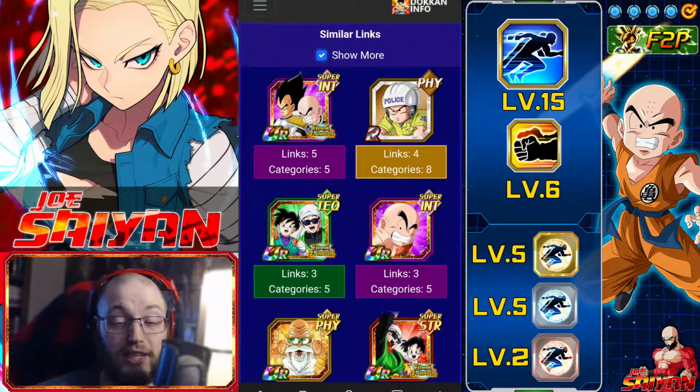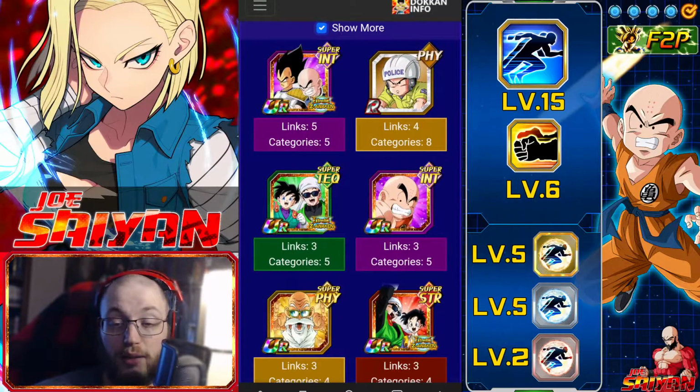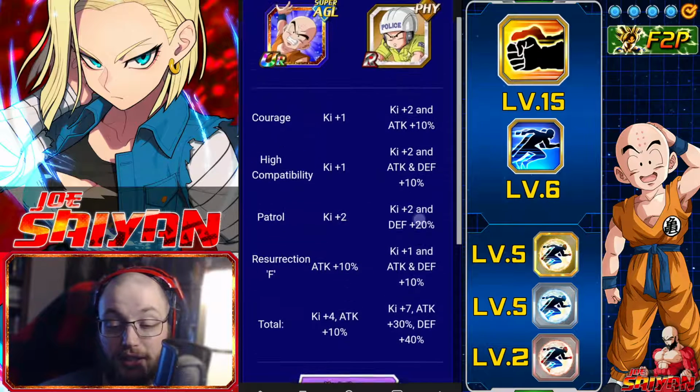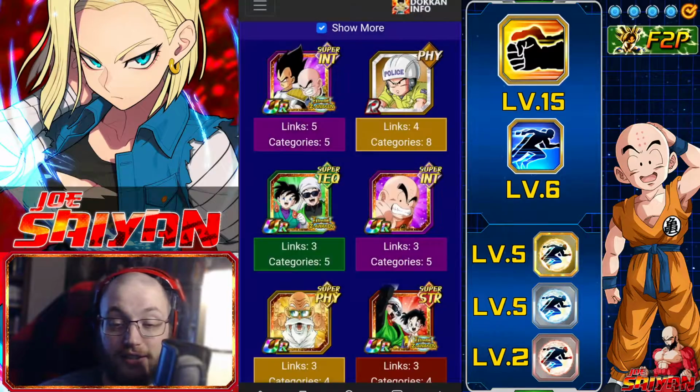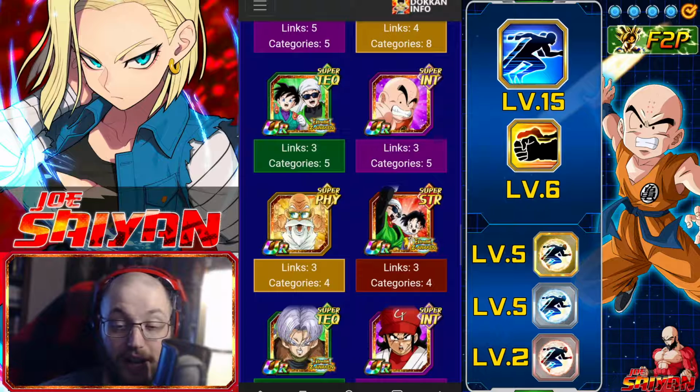But this free-to-play Krillin, there's a lot of Krillin units. He doesn't have any good link partners. I feel like that was another thing I really wanted to bring up here. Unless you have this magical physical R Krillin that is no longer obtainable, mind you, that's the most he's ever going to get out of links. You're never going to run him with this Vegeta Krillin. You're never going to run him with the